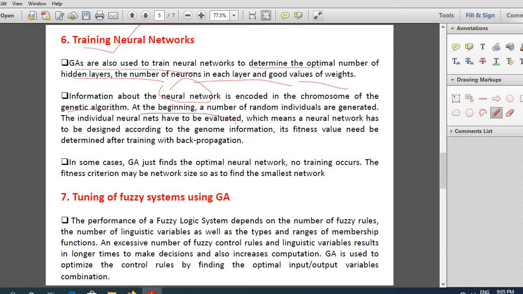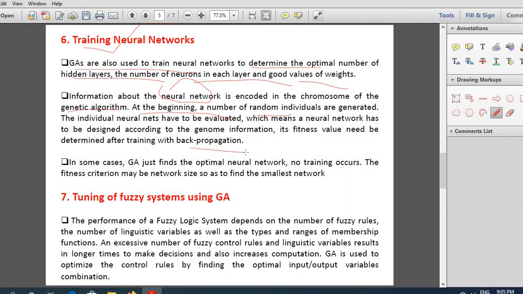At the beginning, a number of neural network individuals will be generated. Now each neural network will be given a set of data, trained with backpropagation, and then a fitness value of the network will be calculated, like how much is the accuracy of the built neural network and so on.